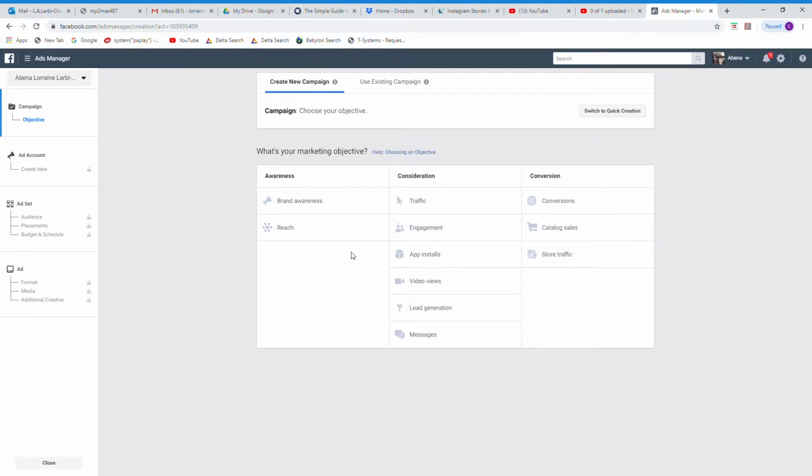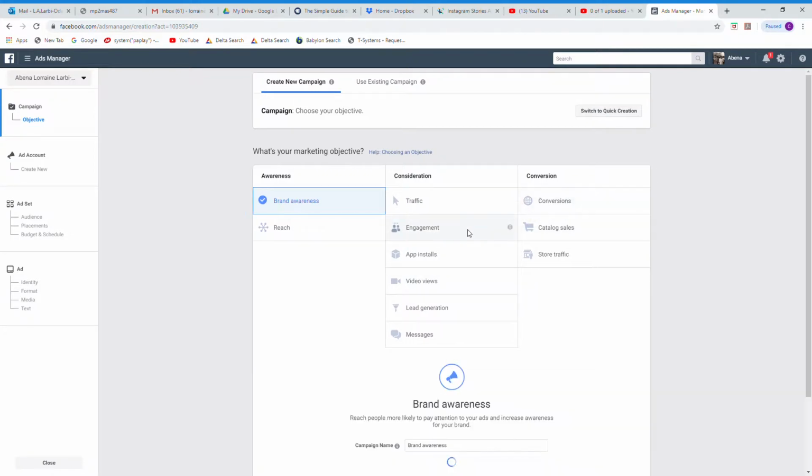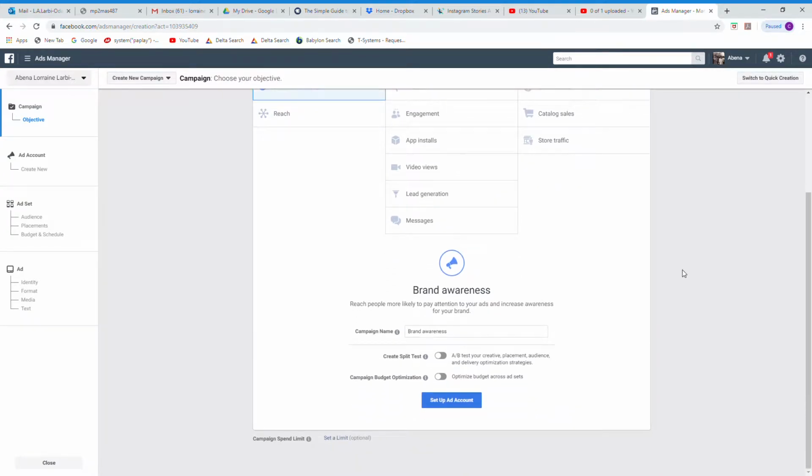So to make it really easy, we're going to do brand awareness as a start. So I'm going to take you through brand awareness. So you just click on brand awareness. So that's our marketing objective for this campaign that we're creating. So slow internet means that it's going to take a bit of time. We've got conversions there as well. We've got engagement. We've got different metrics. Different marketing objectives that you can possibly look into. Now,